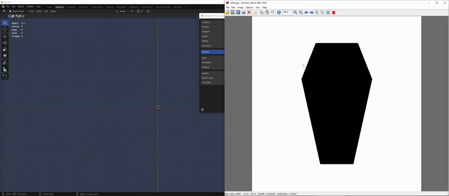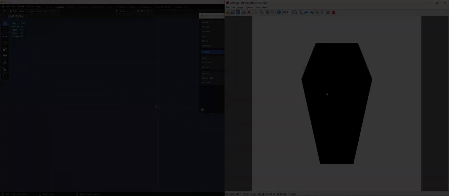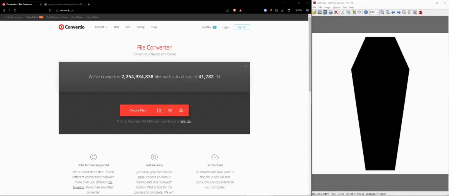So here you can see that the center is just black, and then we've got a very simple shape. So try and avoid shapes with things in the background, or shields that might have stuff on them already. So now in order to import our coffin shape that we have here, we need to convert it